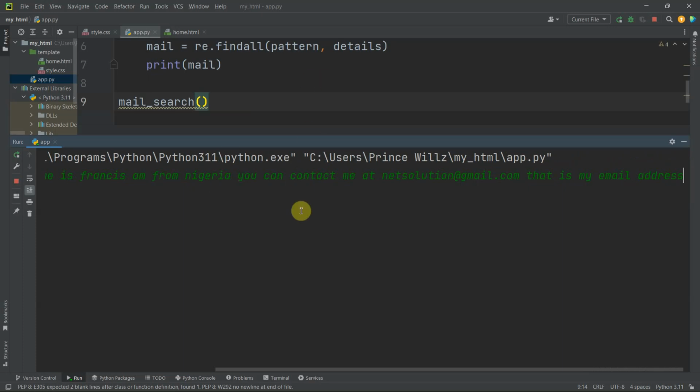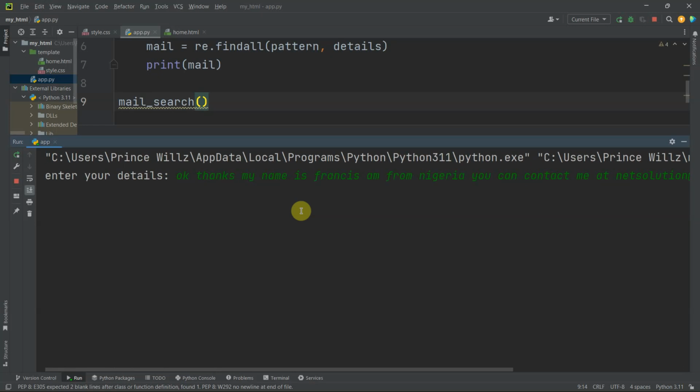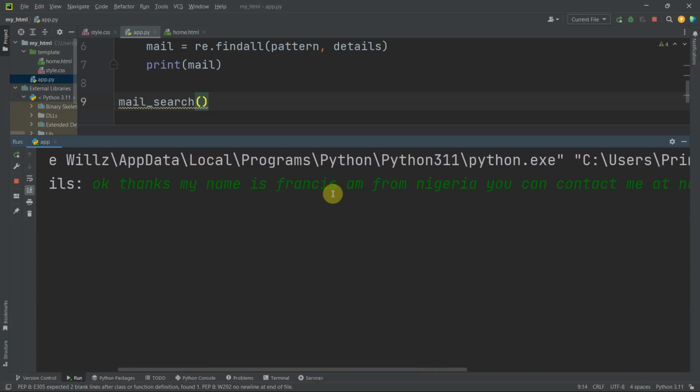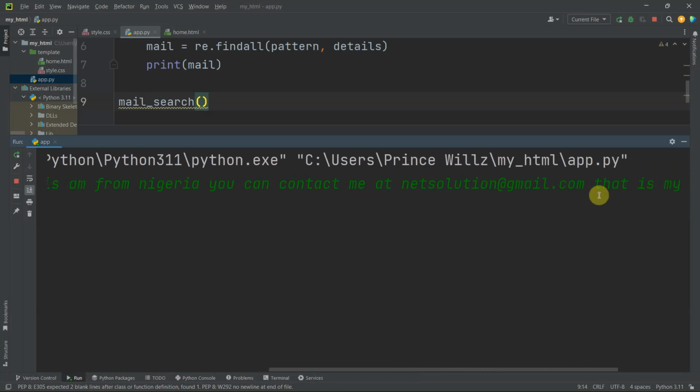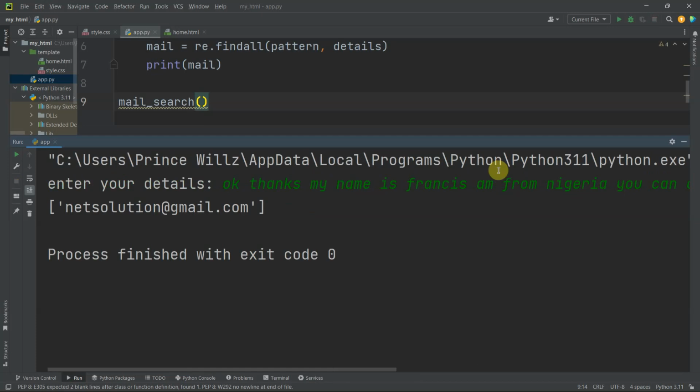Now if I hit enter, I have provided a string here. It says enter your details, and I said thanks, my name is Francis. I'm from Nigeria. You can contact me at netsolution@gmail.com. That is my email address. Once I hit enter, let's see. You can see here it has extracted the email address from the user's input. The user entered a lot of words, but it doesn't care about other words. What it cares about is getting the email. Now it has gotten the email and printed it out, and the email says